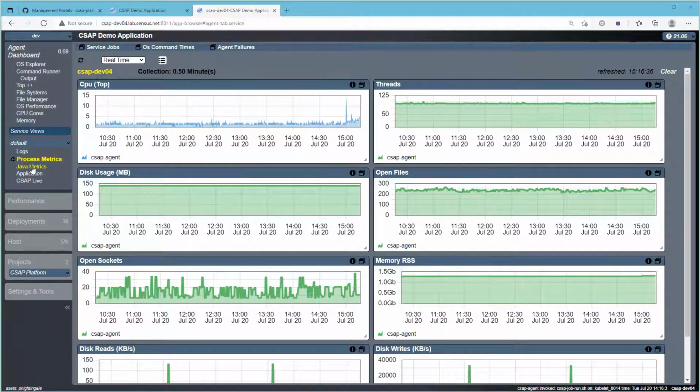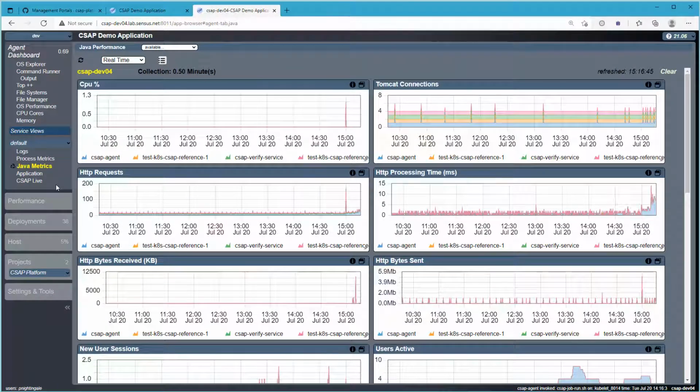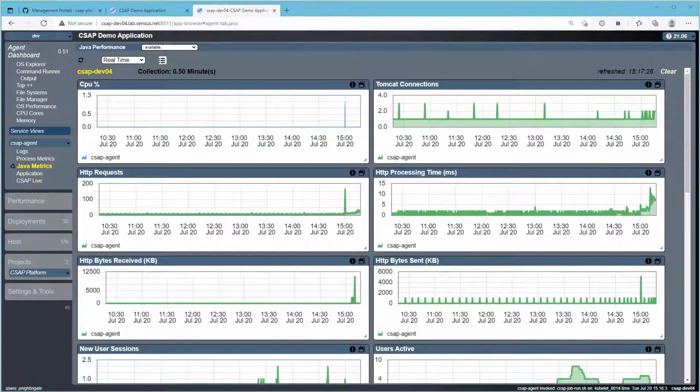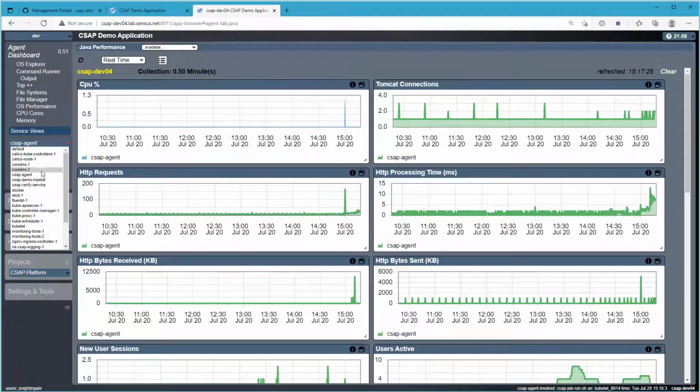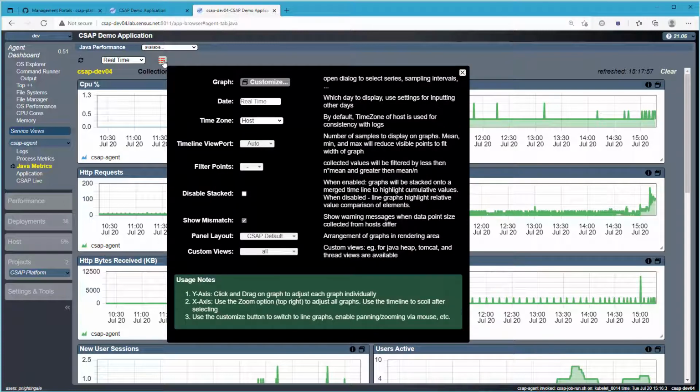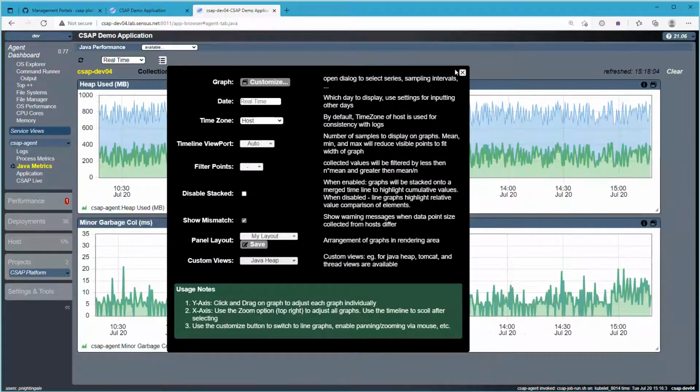We can also view Java metrics, which in this instance is again showing the top 5 services. And we can also select the individual service we wish to look at. For example, if we select the CSAP agent, it will only show those views appropriate with respect to the CSAP agent. And we could, for example, look at the Java heap and look at the garbage collection over the last